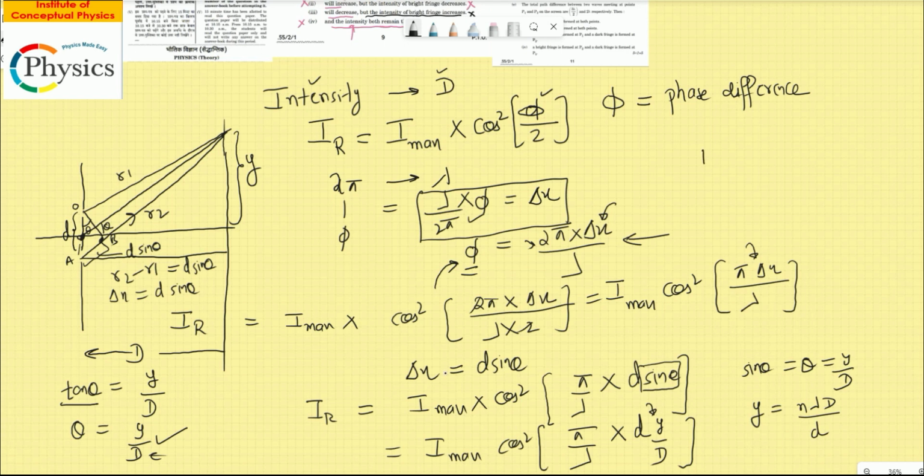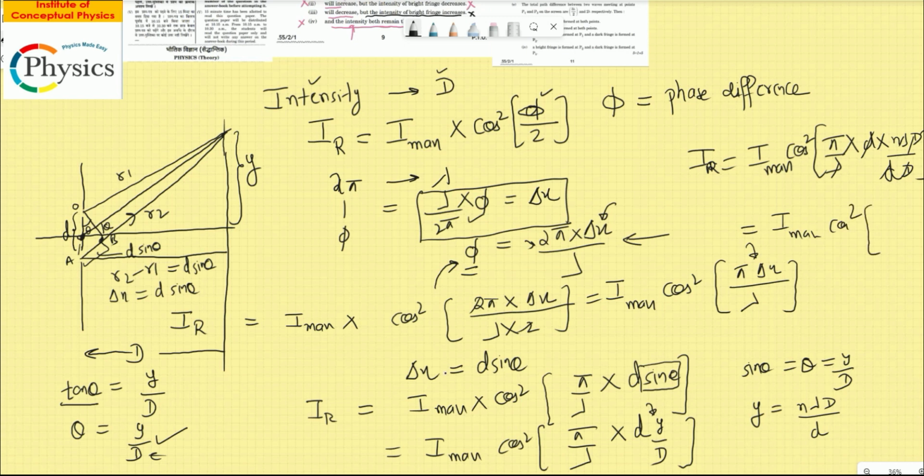So if I substitute this value, then the resultant I can be written as I max into cos square pi by lambda multiplied by d multiplied by y, which I can write as n lambda d by capital D. So capital D goes away, d also goes away, and lambda also goes away. So this is what we're left with: I max cos square into